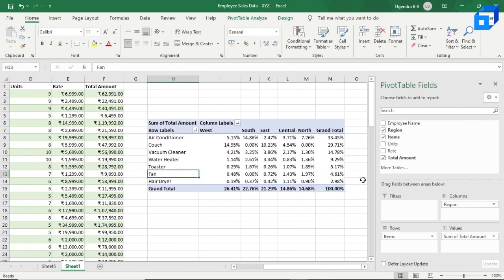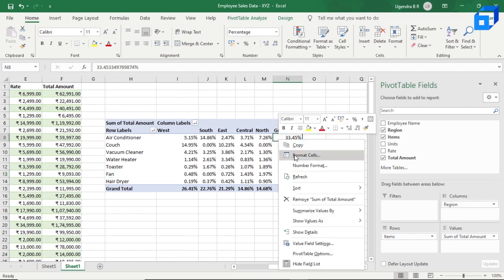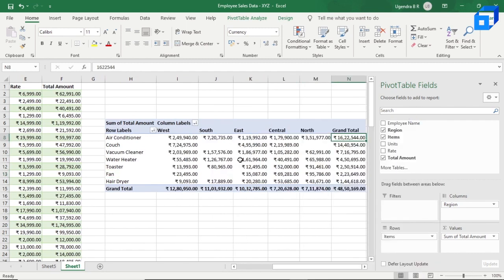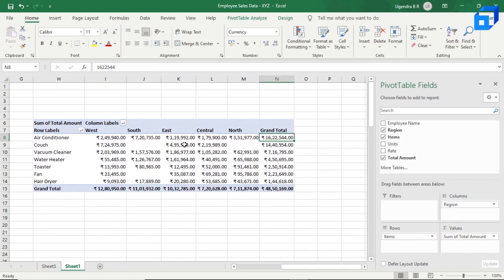Since we don't want the percentage now, let us show the values as total amount, so that's show values as no calculation. Over here you have the grand total of each item. For air conditioner, the grand total was 16,22,544, whereas for the couches it was 14,40,954, and so on. I think these are already arranged in descending order.